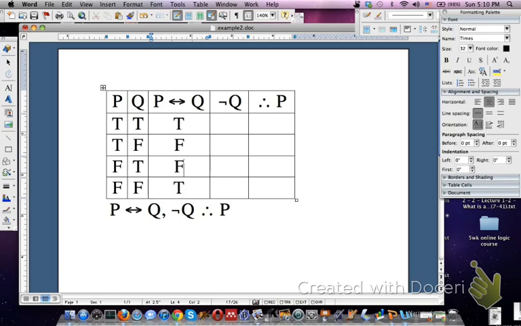Okay, and then Q, not Q, is just going to be the opposite of Q. So we're going to go false, true, false, true. And then P, we can just copy the column for P. Easy peasy. Okay, and then we look and we see on the third line the conclusion is false, but all